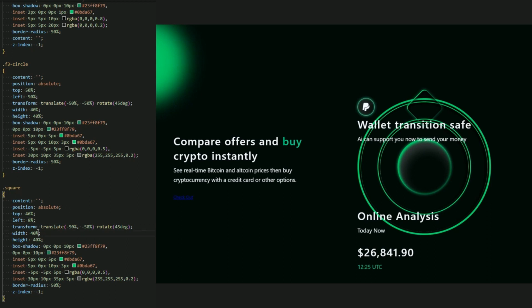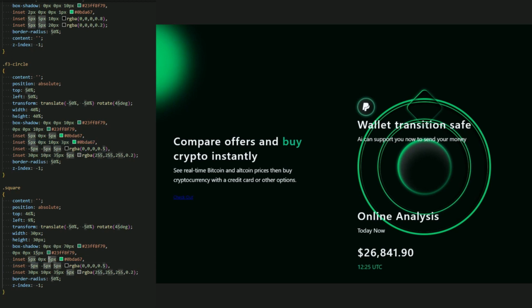Now set the width to 30 pixel, and 30 pixel for the height. There we go. And for the box shadow, let me set this. You can change the size if you think it's not good, but I go with this for this video.